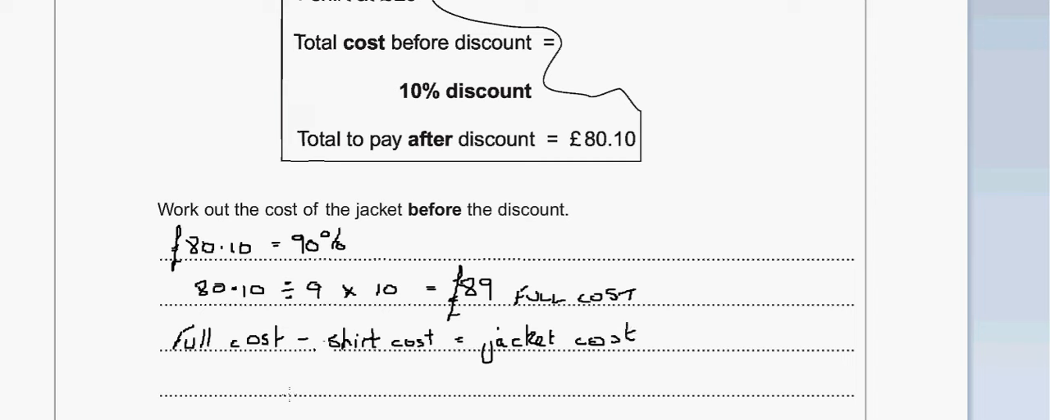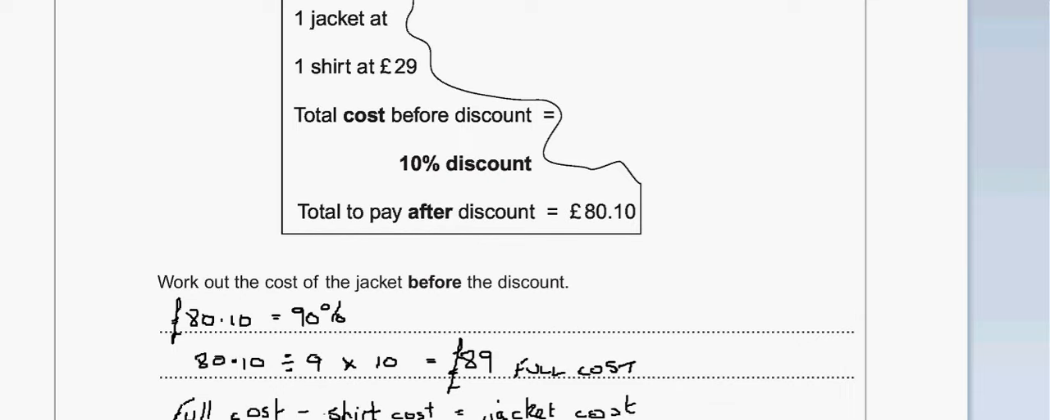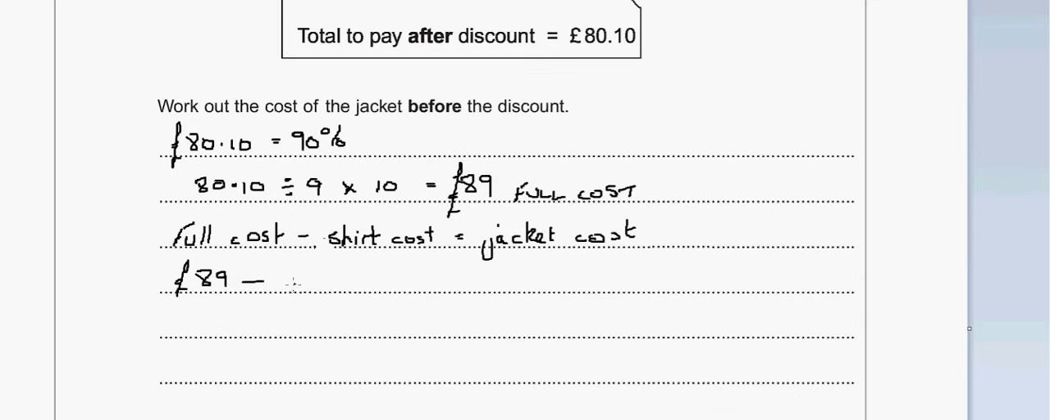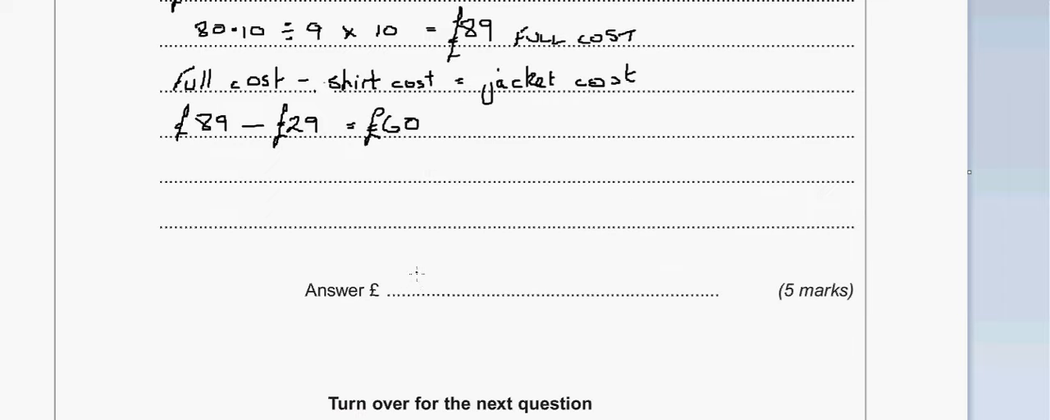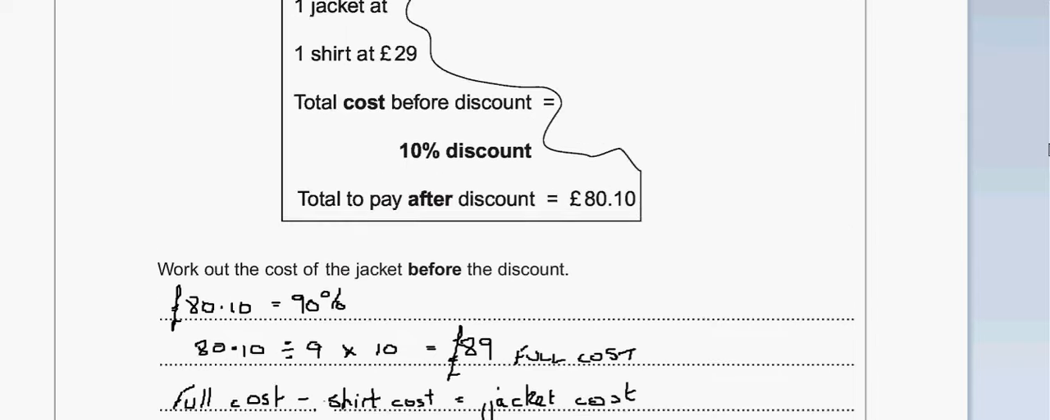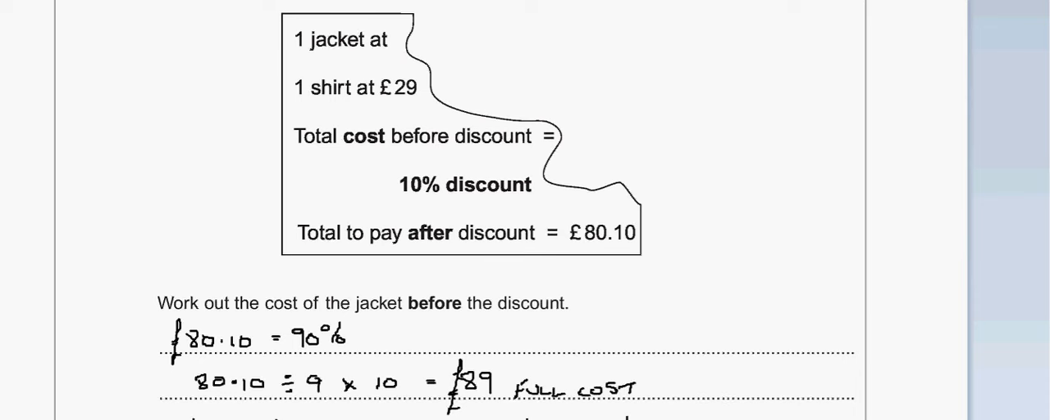Okay, so £89 minus, now we need the cost of the shirt, which is £29, equals £60. So we can say that the jacket costs £60. So you can see it's quite simple really, it's just a question of what do I know,